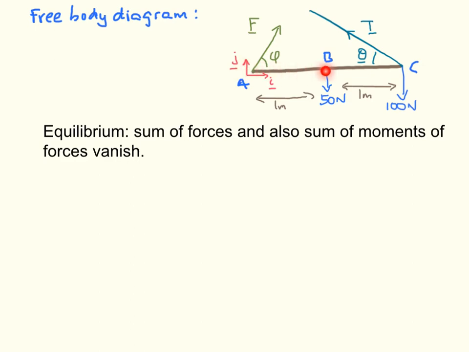It's going to be this distance times that force, because this is a right angle. And then again here, this distance times this force for the moment of the force of 100 newtons. What about here, the tension? Well, we can divide the tension into a component acting that way and a component acting this way. The component acting horizontally will have no moment because its line of action is straight through A, and the component acting upwards, because it's acting perpendicularly to this line, will have a moment which is this distance times the size